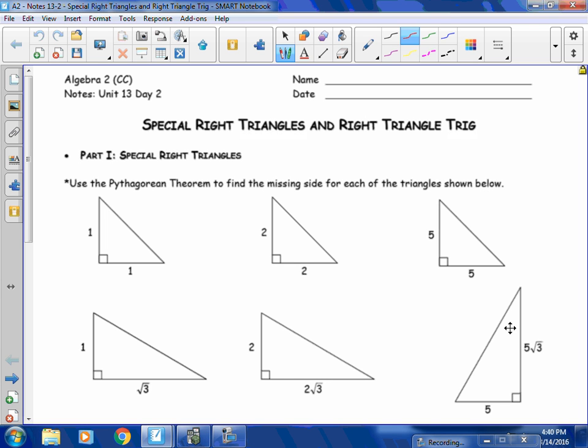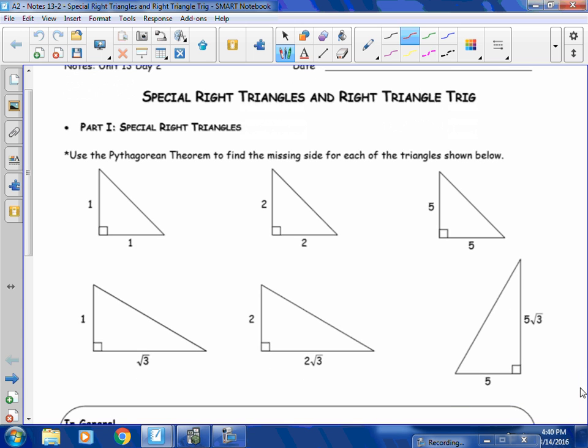Part 1 is on special right triangles. It says use the Pythagorean theorem to find the missing side for each of the triangles shown. All right, so you all know the Pythagorean theorem. What's the Pythagorean theorem? A squared plus b squared equals c squared. Okay, so remember with that Pythagorean theorem, the c squared always has to represent what? Right, the hypotenuse. Okay, so if I've got 1, 1, I could do 1 squared plus 1 squared